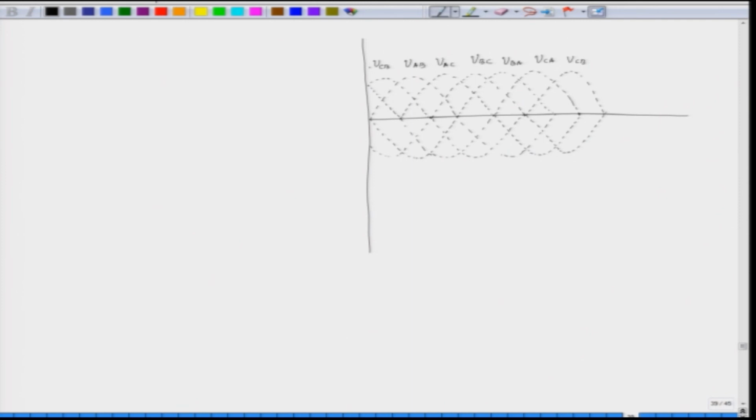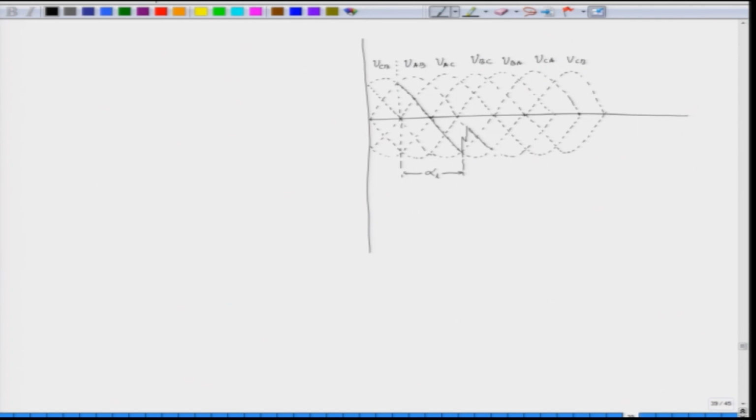Okay. Now, what we are trying to do here, we are trying to analyze the commutation process. So, we start from this instant. Our voltage should have been VAB, but we delay it. So, we give a triggering angle. So, we apply a triggering angle which is alpha L. So, this is our triggering angle alpha L. And then we try to switch to VAB, and in that process we have a commutation overlap like this.